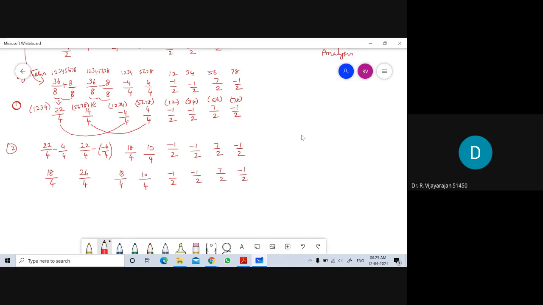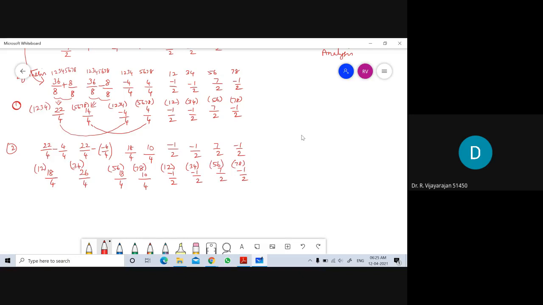So if you write the index, this is actually 1, 2, 3, 4, 1, 2, 3, 4. That is composed into 1, 2, 3, 4 and 5, 6, 7, 8. So this is 1, 2, this is 3, 4. This is 5, 6, this is 7, 8. Actually, we process 1, 2, 3, 4, so those values will be separated into 1, 2 and 3, 4. Similarly, we process 5, 6, 7, 8, so values will be separated into 5, 6 and 7, 8. Then these values are written as such.